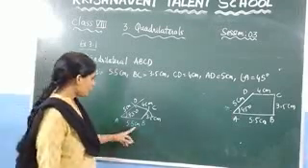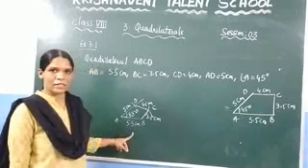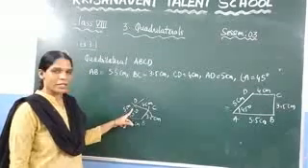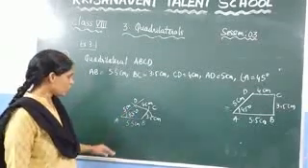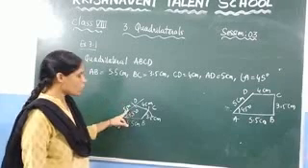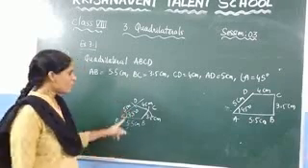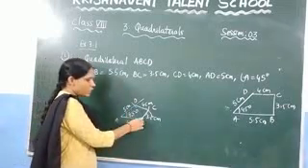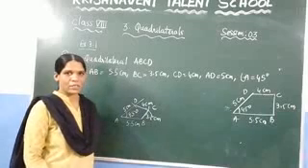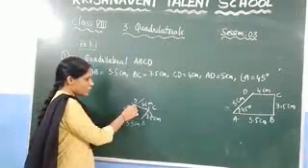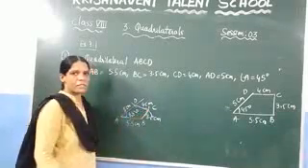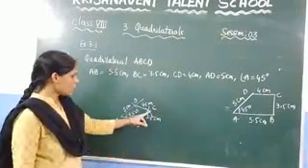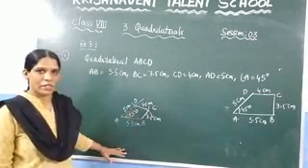The first step, draw a line segment of length 5.5 centimeters. The second one, at vertex A draw an angle of 45 degrees. The third point, from the vertex A draw an arc of 5 centimeters as length. Then from vertex B, draw an arc of 3.5 centimeters. At the next point, with vertex D, draw an arc of 4 centimeters and mark the intersection point as C. And the last step, join BC and CD, and you will get the required quadrilateral.